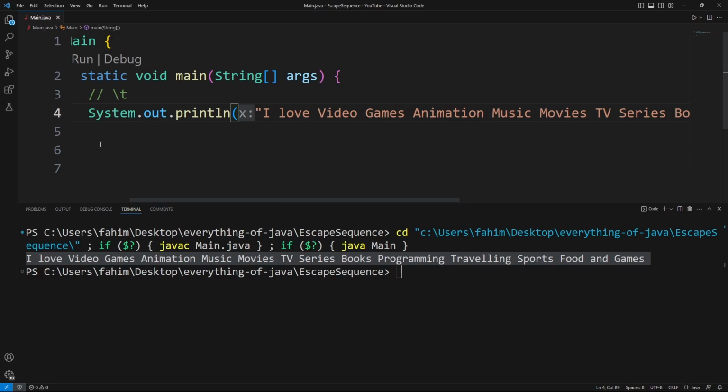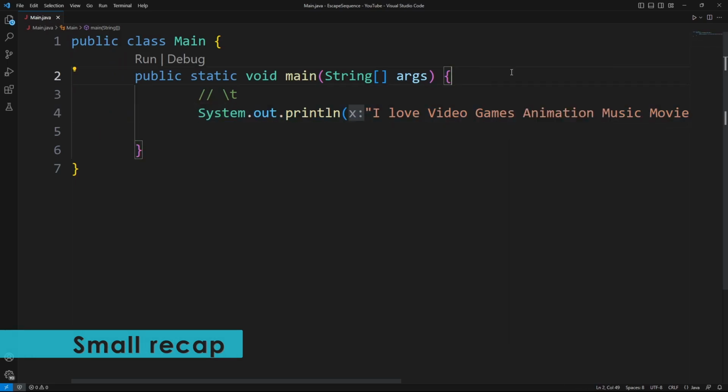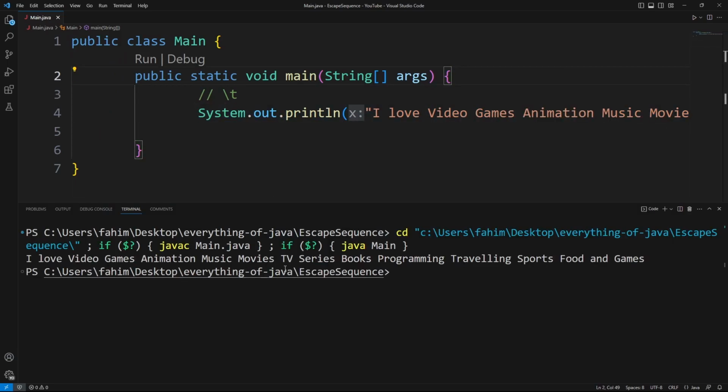Well, whatever. In this line number 4, I simply printed this: I love video games, animation, music, movies, TV series, books, programming, traveling, sports, food and games. Now it might look confusing because I haven't added any commas or something like that to differentiate two different things in a single statement, but I did that intentionally just to show you how this slash